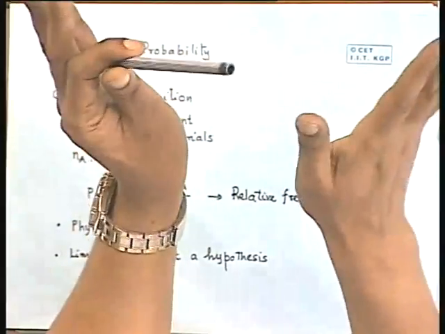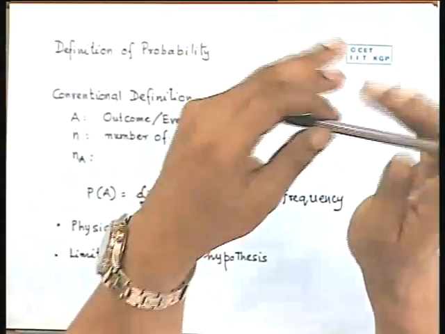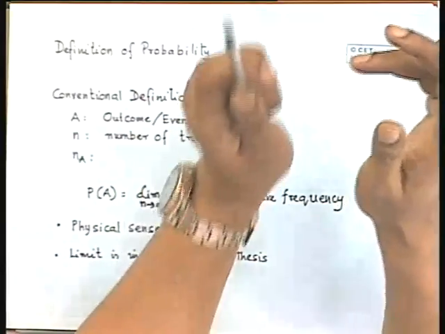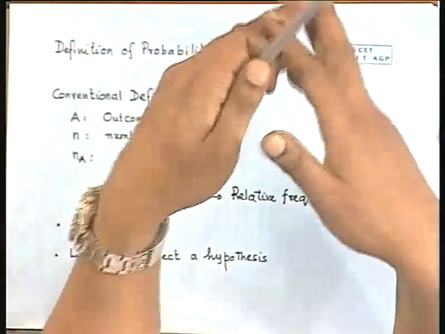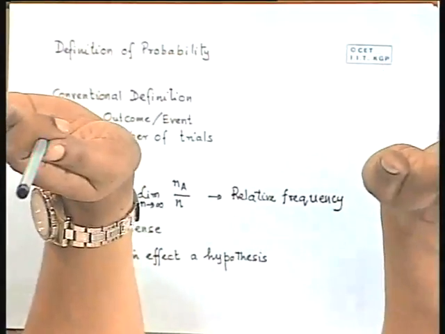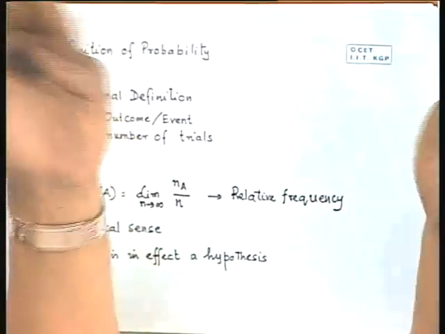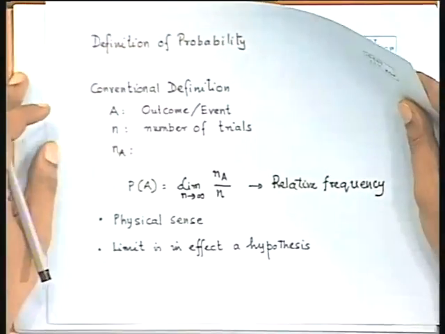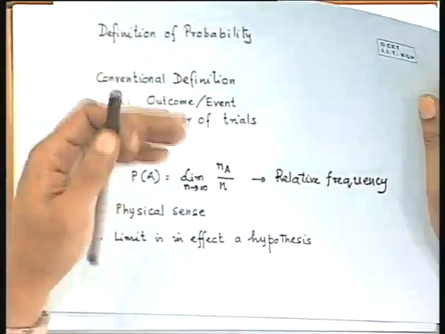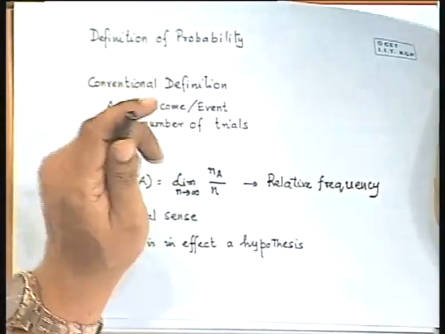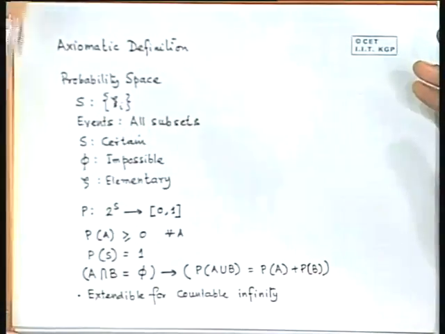So any assignment, whether you knew it or heard it or found it in your experience, that is immaterial. But if you define those numbers, then they must be defined following some rules. And any assignment scheme which obeys those rules is a valid probability assignment, without knowing too much about how you arrived at it. So they are not interested in that. In fact, if you read modern books on probability, people widely argue that this is the more elegant and better way of defining probability rather than on relative frequency. So here comes the axiomatic definition.